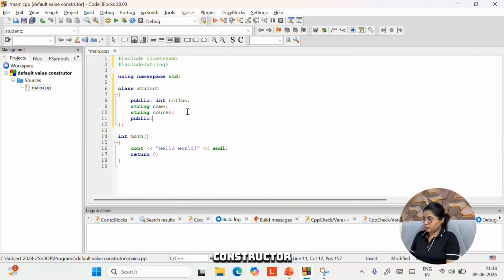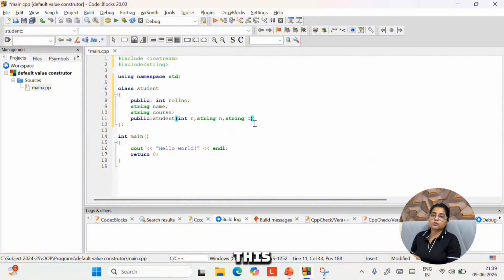Write down the constructor. So now I am passing parameters. When I am writing parameters inside the constructor, the parameter names should be different from the class variable names. I have taken R for roll number, N for name, and C for course.